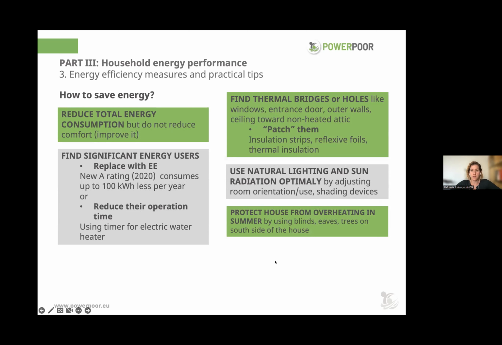We should try to find the thermal bridges or holes, like windows, doors, or walls that are not insulated, and try to patch them using insulation stripes, reflective foils, or thermal insulation. We should try to use optimally the natural lighting and the sun radiation by adjusting the room orientation and using shading devices. And of course, we should protect the house from overheating in the summer by using blinds, shading devices, trees,